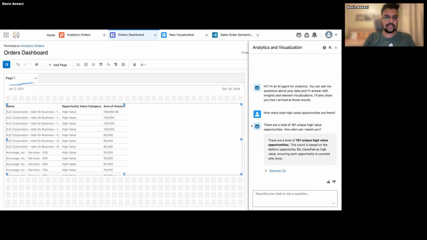You can do a sales metric as well, and from that it will give you the definition of that particular field or the attributes. So with this it has given the results that there are a total of 181 unique high value opportunities, but our sales director is interested only in last quarter.